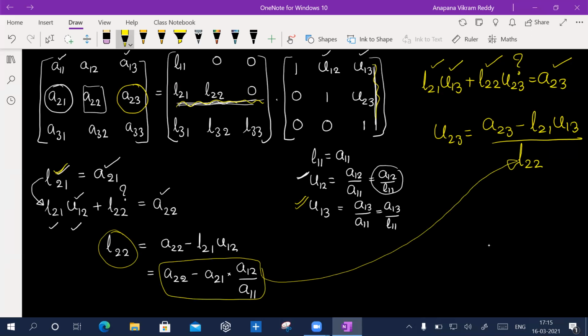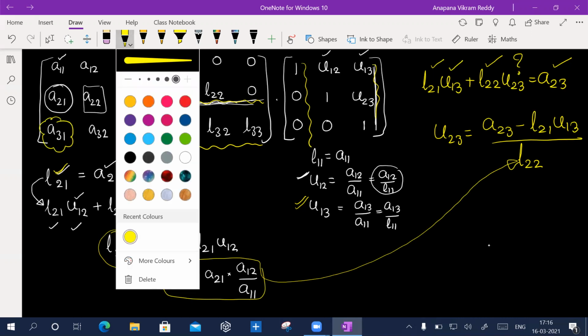It may grow big, but this is the way you have. Similarly, you can find L31. What is L31 here? Directly A31, right? That means you multiply this row with this column and equate to A31. Now what do I get there?